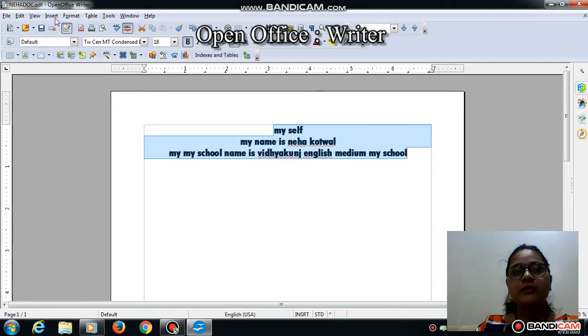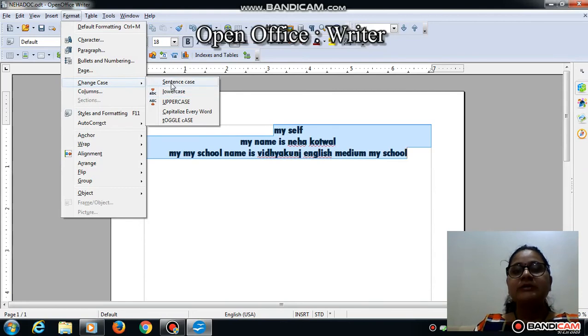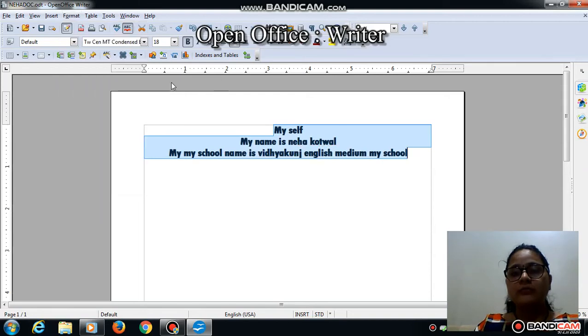So सारा मेरा lower case में आ गया. और change case, sentence case. Sentence case means the first letter is in capital and the other letters are in small form. Okay, it is in sentence form.